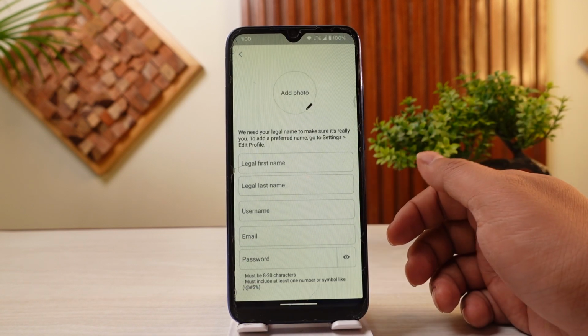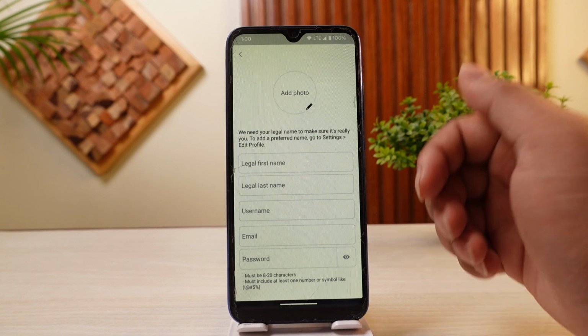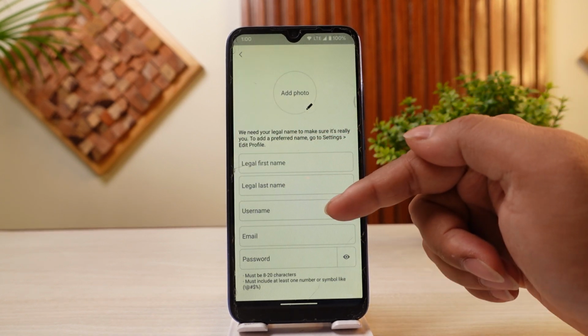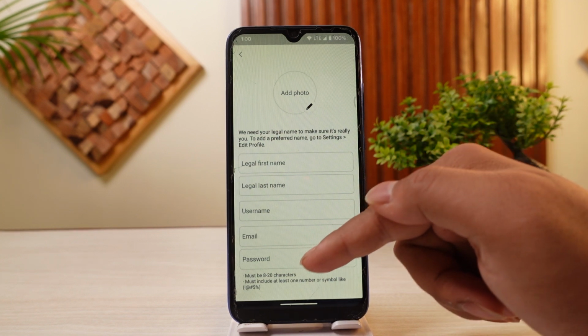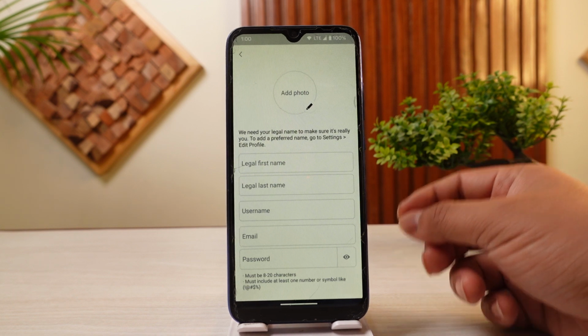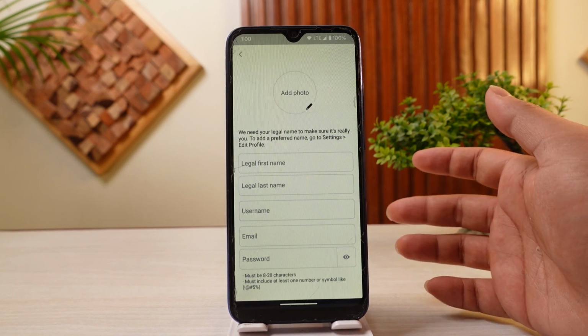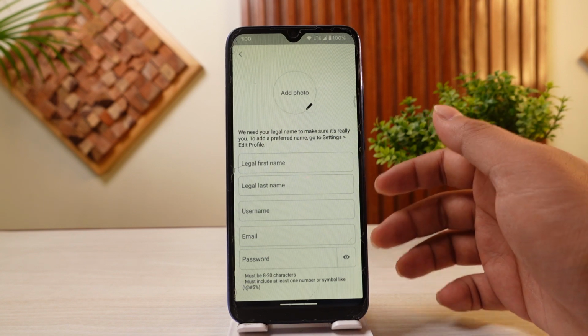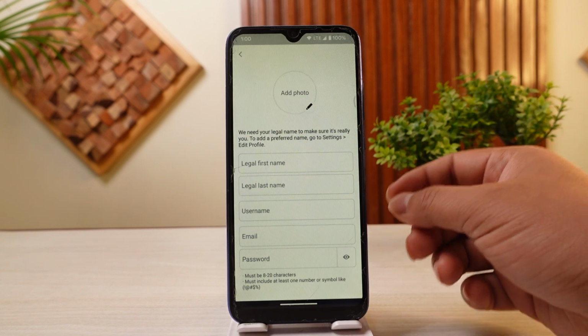Now within the sign up process, you need to add in a few details such as creating your profile, which includes adding in your name, creating a username, adding an email, and then creating a password as well. Once this step is complete, in the next step, you need to verify your identity by providing your identity documents. And once all of that is complete, the last thing that you need to do is include a funding